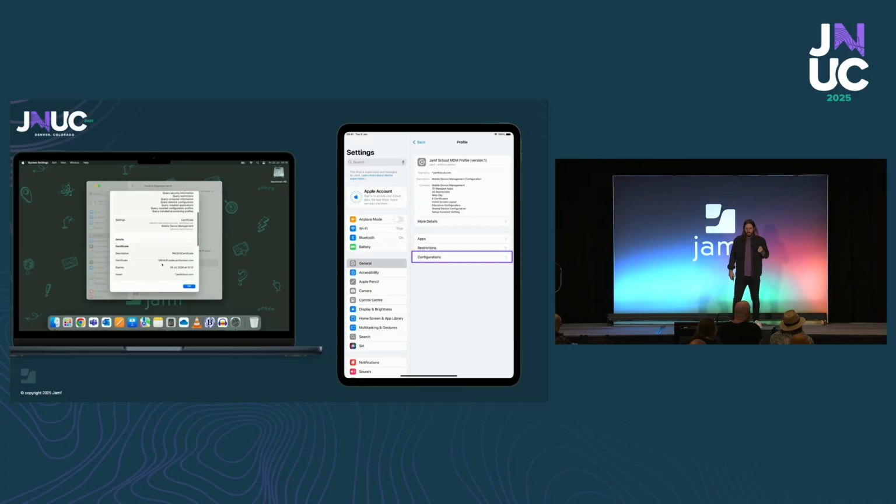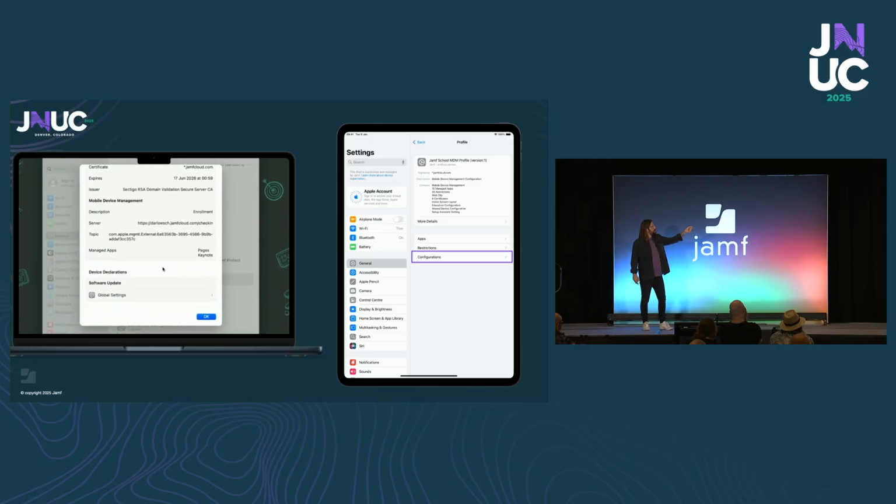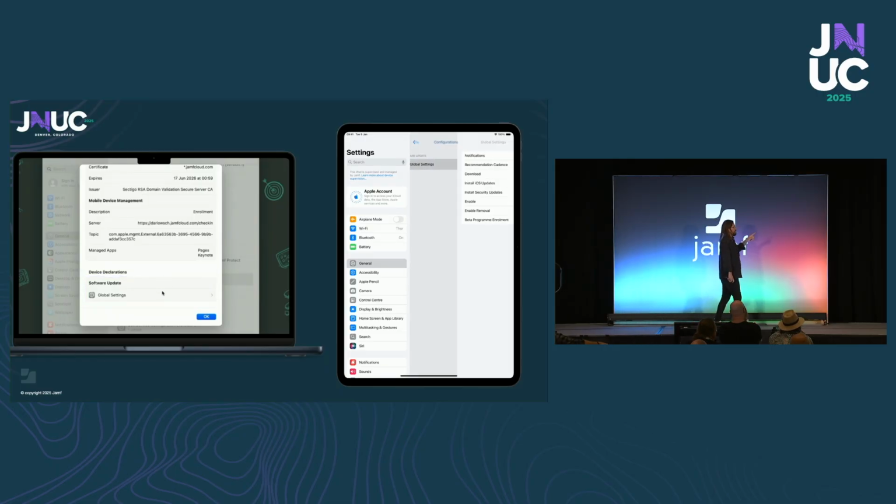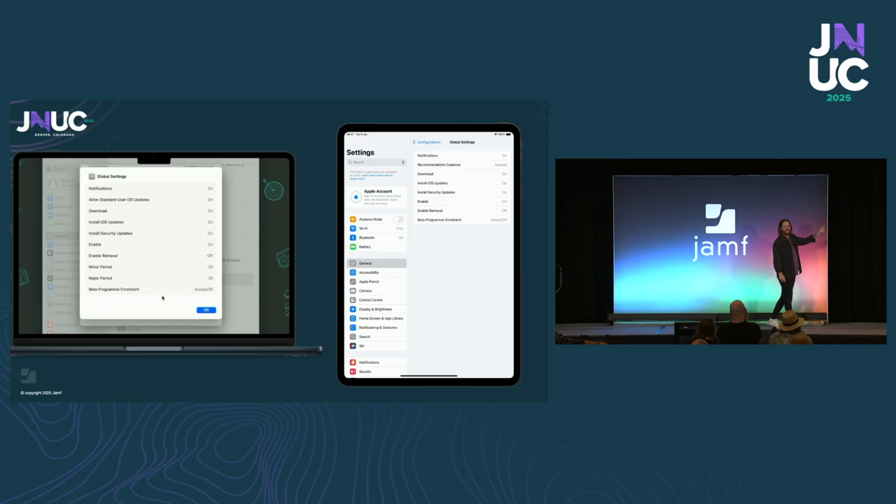Once you are at the bottom, you will notice a few things though. You can see I've got that software update there, that global setting. So if I move to the iPad, you'll also see that the iPad says the same thing, because remember, this was one blueprint we sent to both devices. The device is clever. So if we click into this, on the iOS, it didn't activate any of the keys